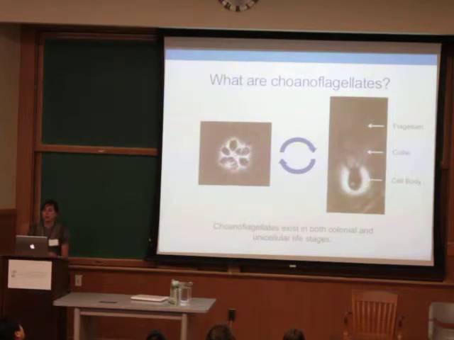As a tool to better understand animal evolution, I studied the closest living relative of animals, choanoflagellates. Choanoflagellates are globally distributed freshwater and marine eukaryotes. They've been found in a diverse range of environments, including the Arctic, Mono Lake, Strawberry Creek, the bottom of the seafloor, and so on. The choanoflagellate single cell on your right consists of an ovoid cell body, a collar of